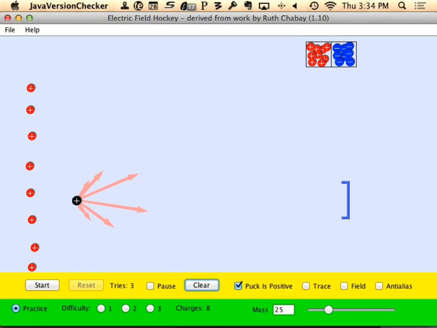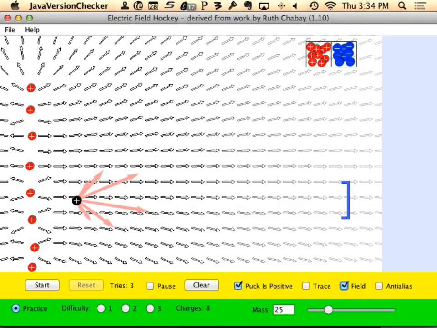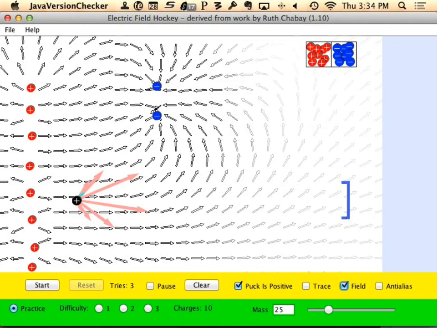Let's go back to our main screen. There's our field. You can see that each little contribution from the charges along the straight line creates a field that goes away from the plate. In this case, the net force on a positively charged particle would be to the right. I'll see if I can get back to my original screen here. There we go. What I can do is go ahead and add negatively charged particles over on this side, and